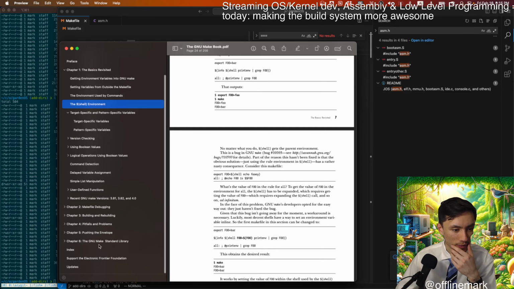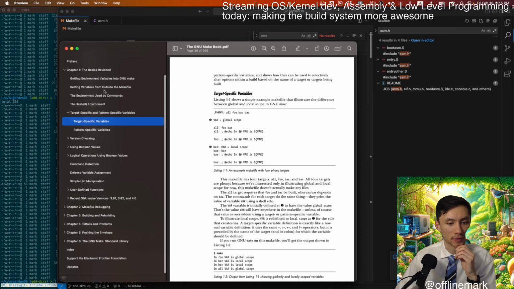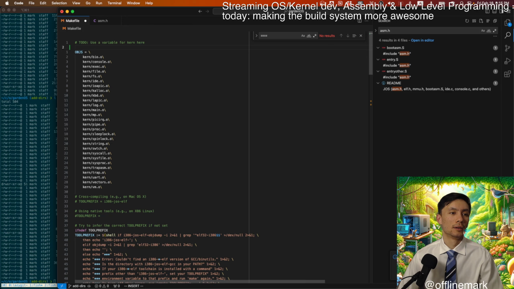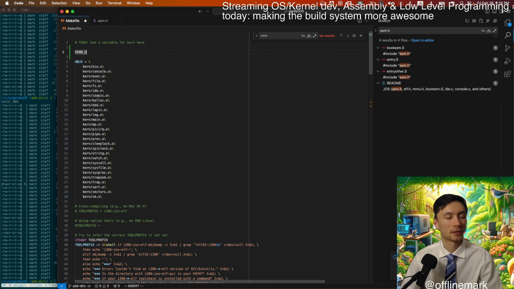So an example: variable assignment, target specific variables. Kernel. I'm just going to do the kernel there. Kern. How about that?